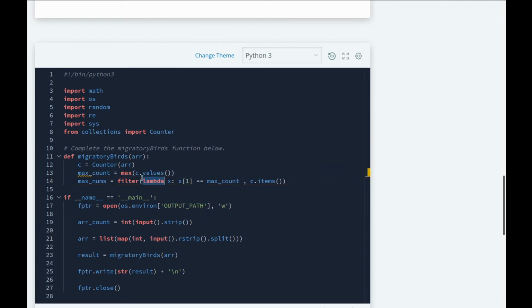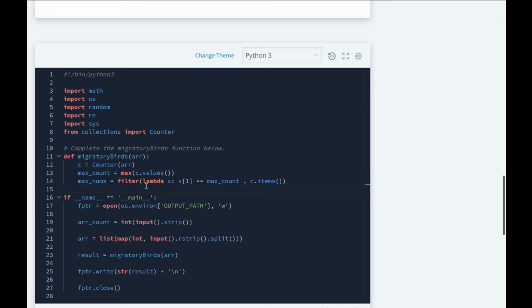This works basically like this: if the lambda function returns true for an item, then that item is retained, otherwise it's discarded. As an iterable, we are passing it c.items, which are just key value pairs, where 1 is the value and 0 is the key. The key is the element and the value is the count of it. So we're saying lambda x, if the second item in x is equal to max_count, then retain it. This will give us a list of elements that have the max count, and if it's 1 element, then good for us, otherwise it will give us 2 or whatever.